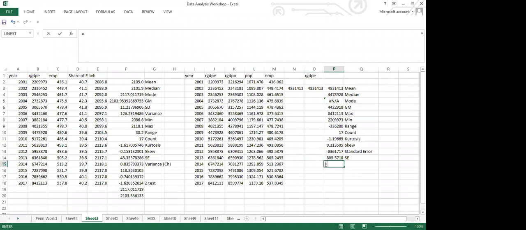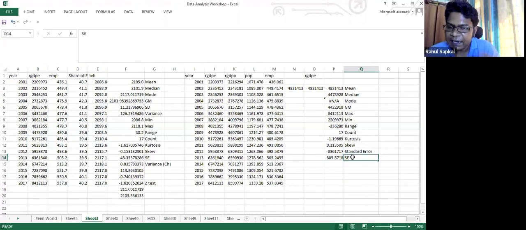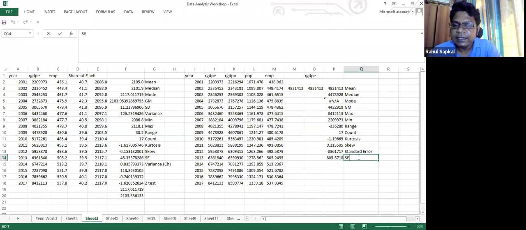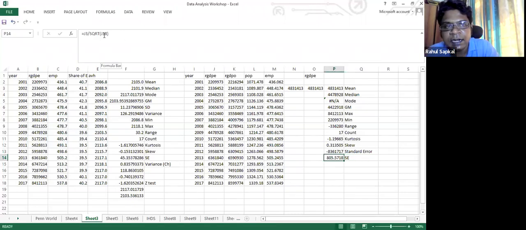See my screen? Sir, standard error and SE are different. Sir, what's the difference between standard error and SE? No, they are same. Only thing is that I have taken the square root of randomly selected variable. So I have taken the randomly selected variable 8. They are the same one. You can put any value.